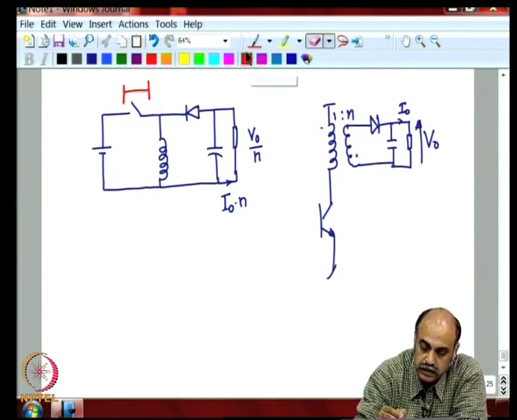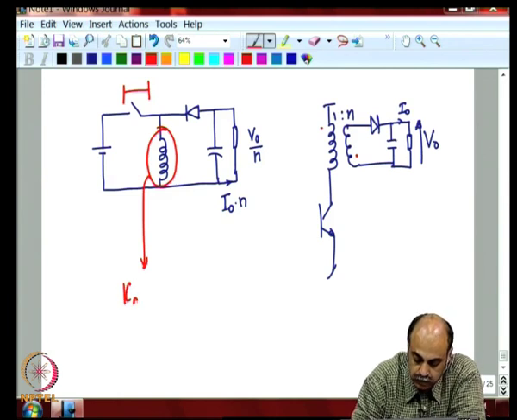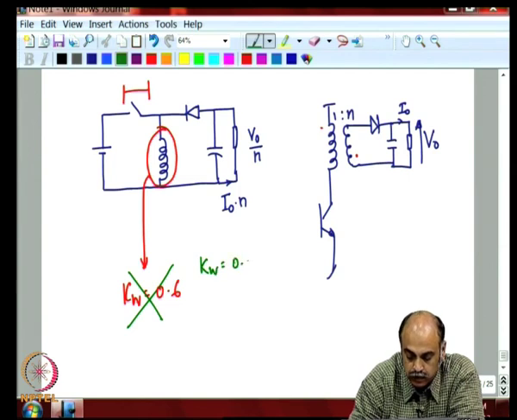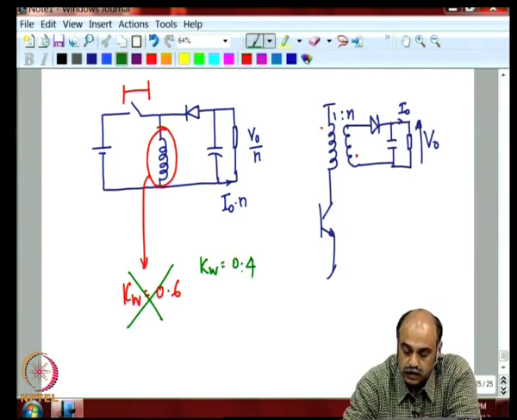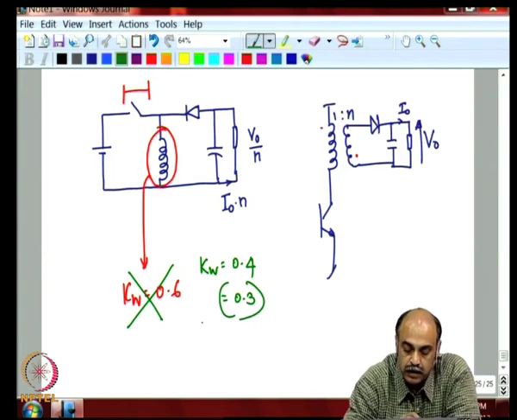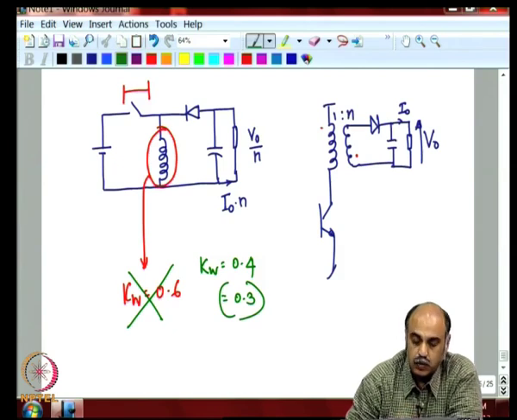When you design this inductance, do not take a Kw of 0.6, take a Kw of 0.4. If there are still too many windings, even 0.3. That is one change that you would do, and then when you do the cross check,